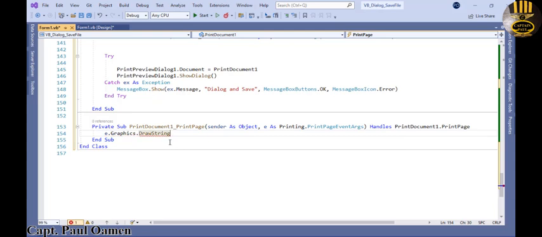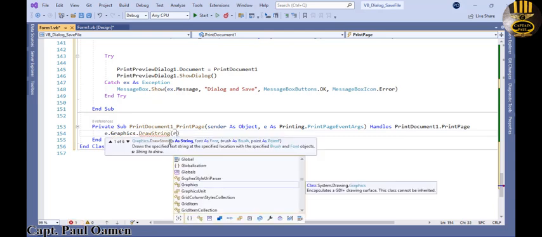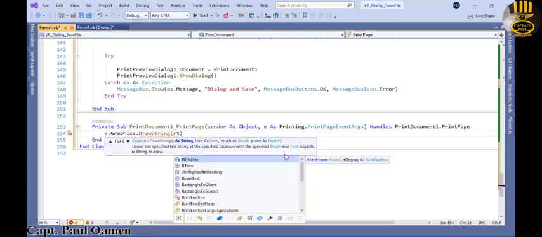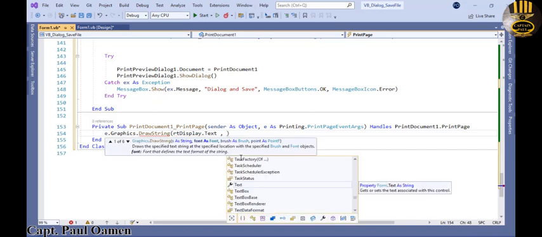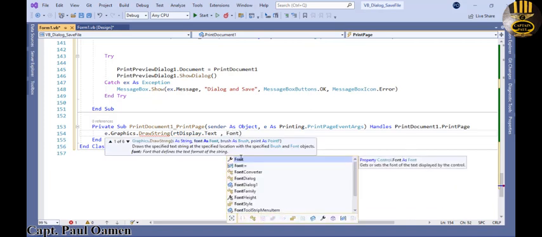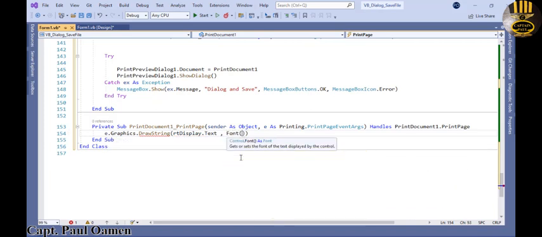And open a bracket, and the string we're drawing is from inside RT display, dot text, comma, let's say font, whatever font you use, that's up to you. I'm going to use Arial in my case. Close that, comma, I'm going to make the size about 14, comma,